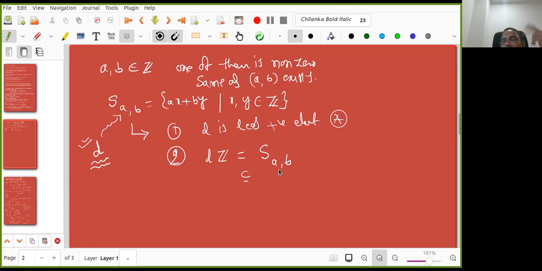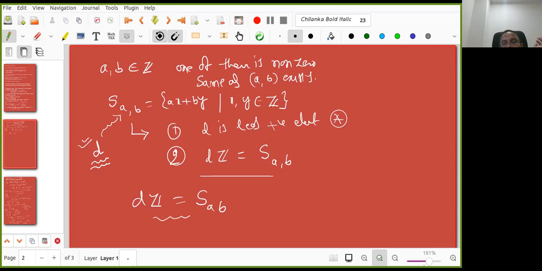That is what Amya told directly. z is an element here, which means it is of the form Am + Bn, minus dq, and d is also of that form. So finally, that r is of the form Ax + By. r is an element in S_AB, but it is greater than or equal to 0. If it is equal to 0, we are done. If it is not, then there is a problem with D being the least element. So this much we have done. So DZ is equal to S_AB.